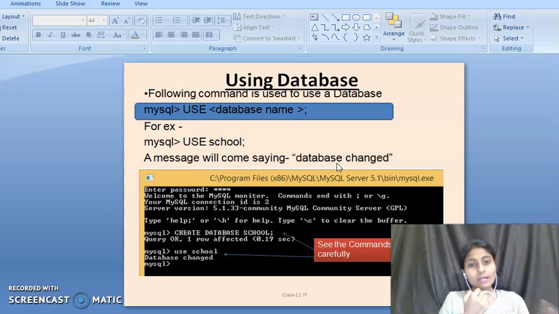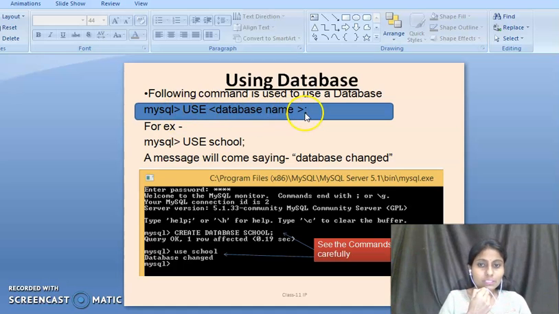So after creating the database, we have to use it. For using the database, which command do we use? The USE command, with the database name that you have mentioned in the CREATE command.